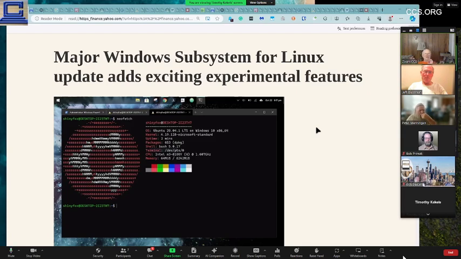And this is a little different than running Linux in a virtual machine like VirtualBox or VMware,